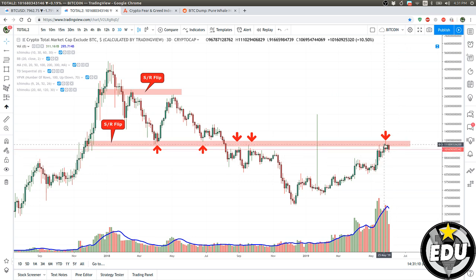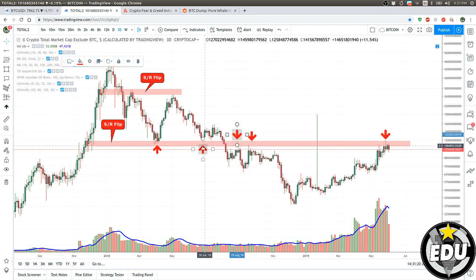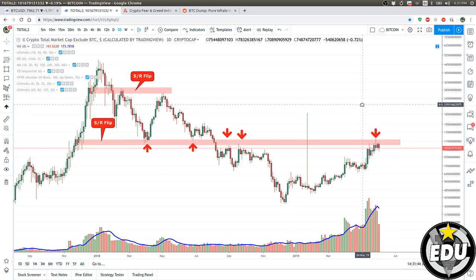I'm not going to use this chart to predict an altcoin crash. I'm just looking at this chart to see how our market cap will move. That's it. Interesting bounces. The 3-day breaker block that I traced on Bitcoin is actually a support resistance flip level. It worked here, then since the crash it was never able to break above it. So will it be able to break here? I hope so.